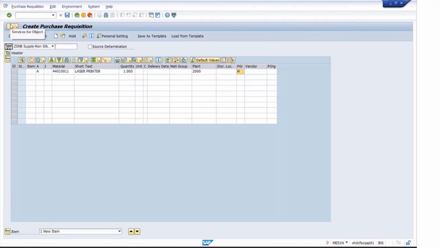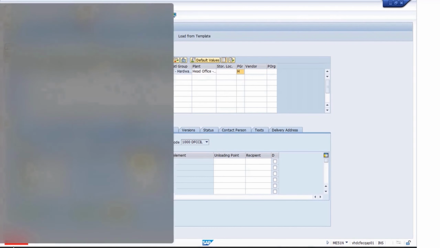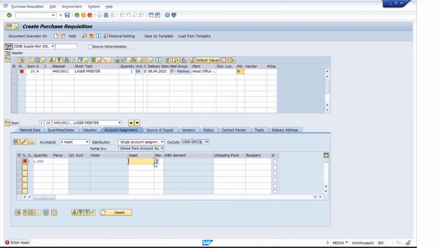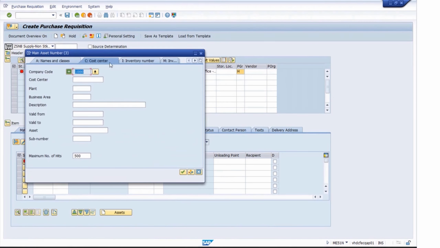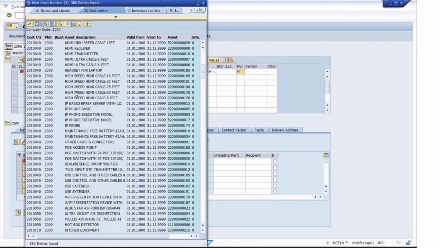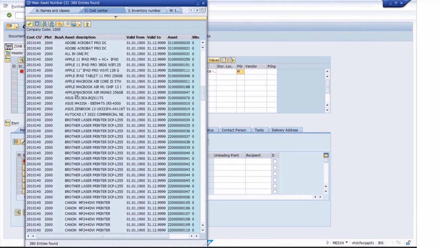Now press enter and select your asset from here. For that, press F4. On this window, write your plant here. Suppose I am writing 2000. You can press enter or you can click on this. From this list, select your asset on the basis of selected plant.